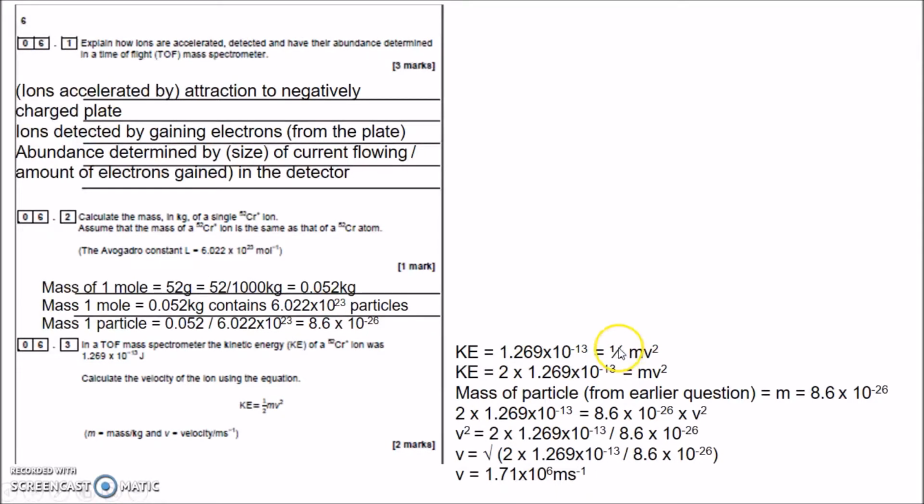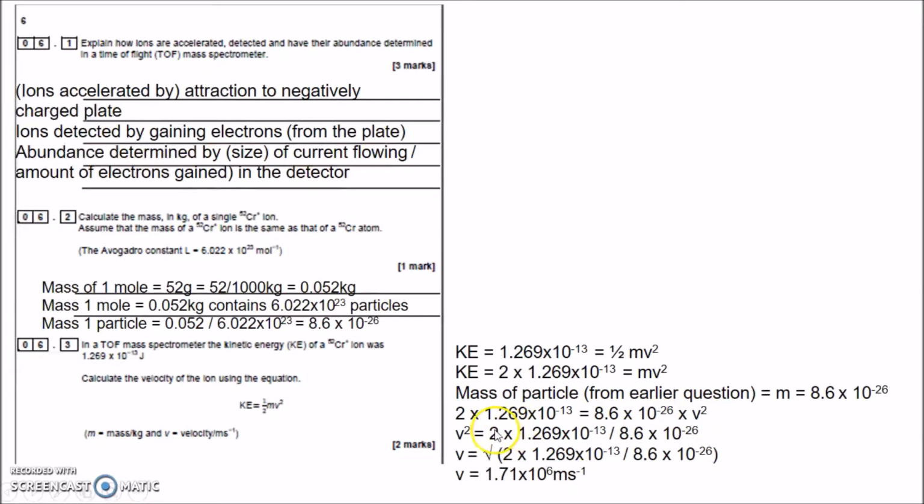So let's get rid of the half first of all. Let's multiply both sides by 2, and that'll get rid of the half. So 2 times 1.269 times 10 to the minus 13 equals just mv squared. The mass is the mass of a particle, which I worked out before, 8.6 times 10 to the minus 26. So 2 times 1.269 times 10 to the minus 13 equals 8.6 times 10 to the minus 26